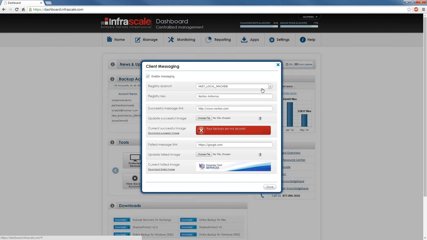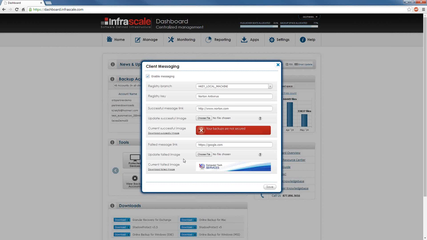You can have the software search for a specific registry key, and if it finds that registry key, you can set up a success image and link, and if it doesn't, you can have a failed message link and a failed image. So for example, you can set a registry key for Norton Antivirus, and if it finds it, then it'll say